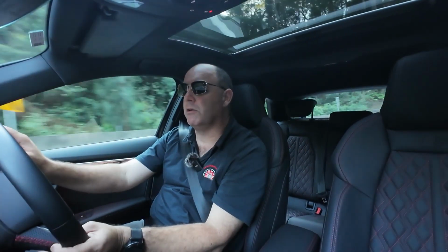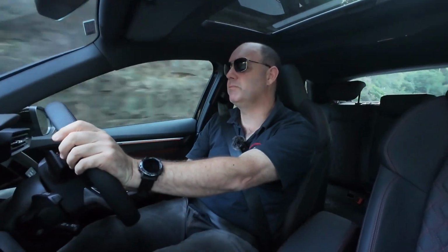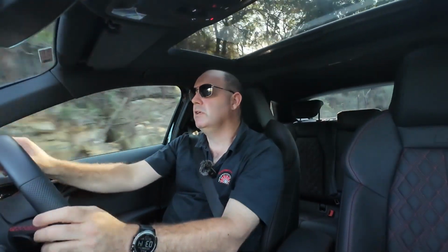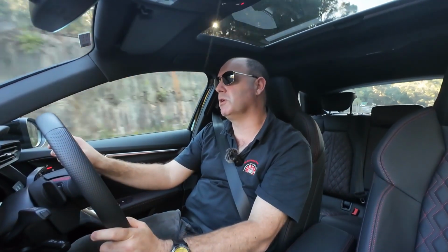So just cruising along, about 60 Ks. If you have a listen to the road noise, it's a bit higher actually. I'm only in comfort mode. So that's one thing to look out for, is you will hear a lot more noise. Obviously being in dynamic mode, you get the exhaust noise as well on top of that. So if we go into that,